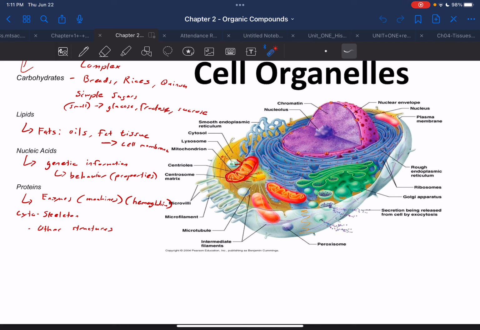I had originally mentioned a little bit earlier that every single cell has the same instruction manual for making every single cell in the body, but a heart cell will read pages 1 through 5, and then a brain cell will read pages 7 through 10. A liver cell might read page 7 too, but will read pages 11 and 12. They all have the same instruction manual, but they read different parts, and they read the same parts sometimes in a different way, so in different combinations. And that's why you can get so many different varieties of cells out of the same instruction manual. And so that's what nucleic acids end up serving in the body as the genetic information